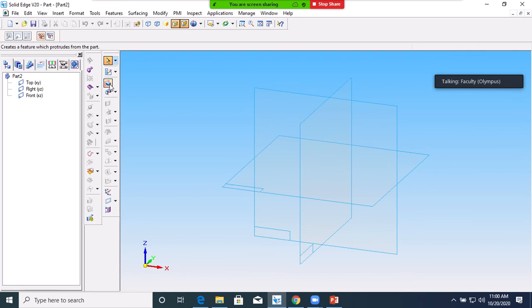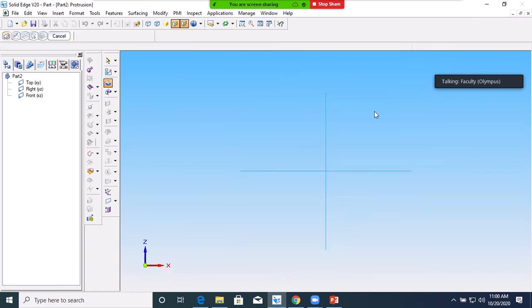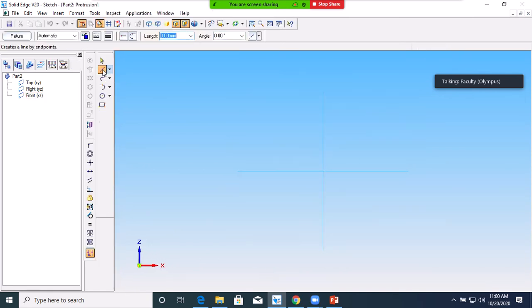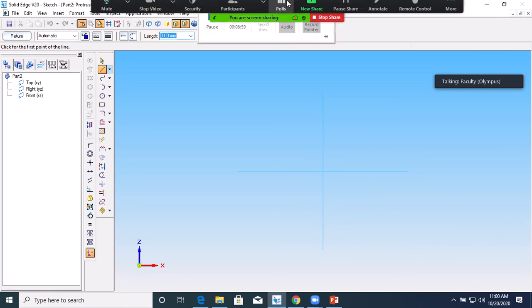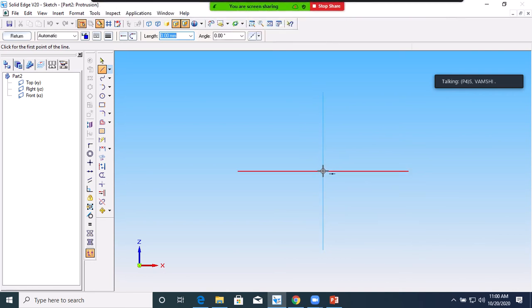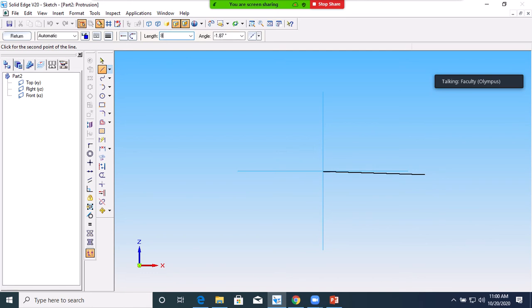Okay, so I will draw the front view. Take the protrusion command. Select the front view. From the midpoint I am drawing. Are you seeing the software? Yes, sir. So length is 84 at an angle 0. First one, right?